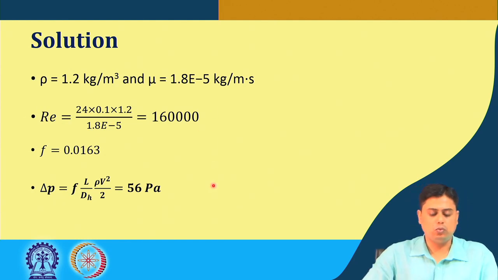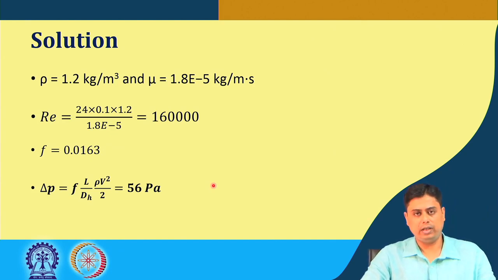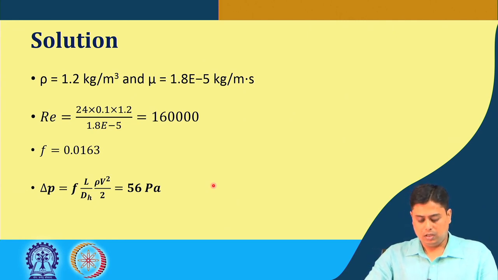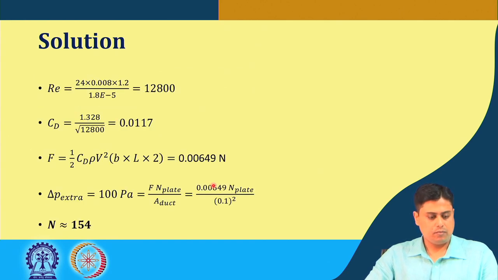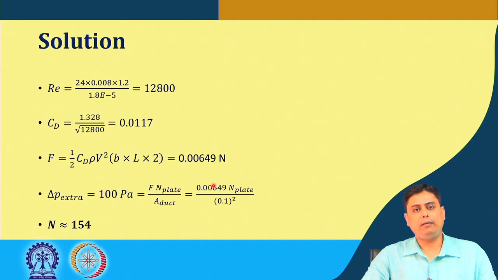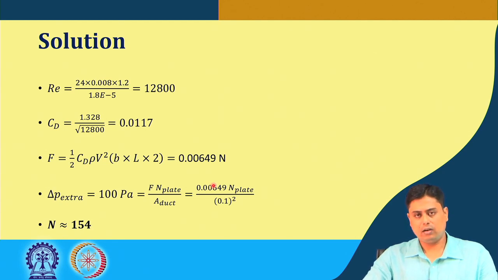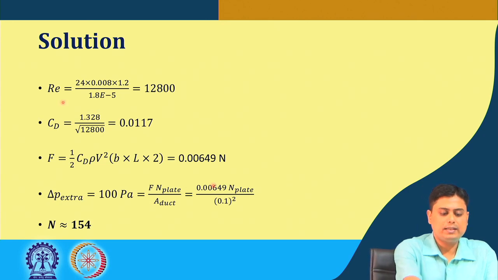This part has nothing to do with the thing that we have seen, with the drag or the boundary layer, because this is a pure fluid mechanics problem. You can solve this. Now the point is that when the flat plates are inserted, the drag forces are incorporated by inserting these flat plates. So we have to calculate at first the Reynolds number when this air is flowing through those flat plates. So for a single flat plate, we can see the Reynolds number